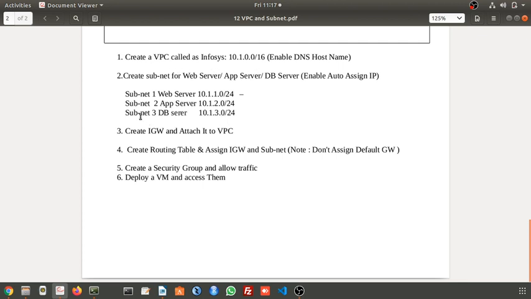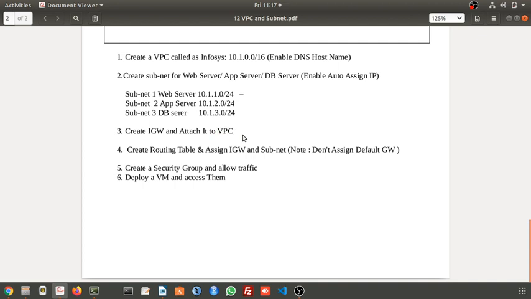Now, after creating these three subnets and assigning the IP address class, we need to create the internet gateway. For what? For accessing the traffic from the outside and for allowing the traffic from the virtual private cloud to the outside network. So after creating this internet gateway, we need to attach it to the VPC.